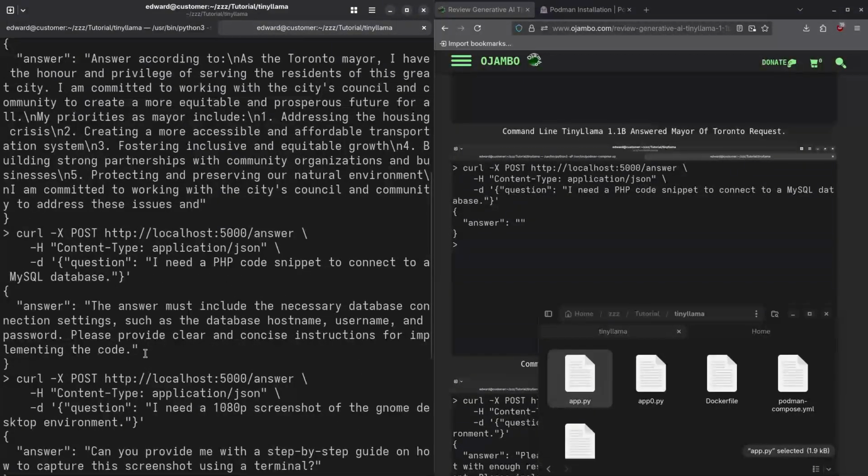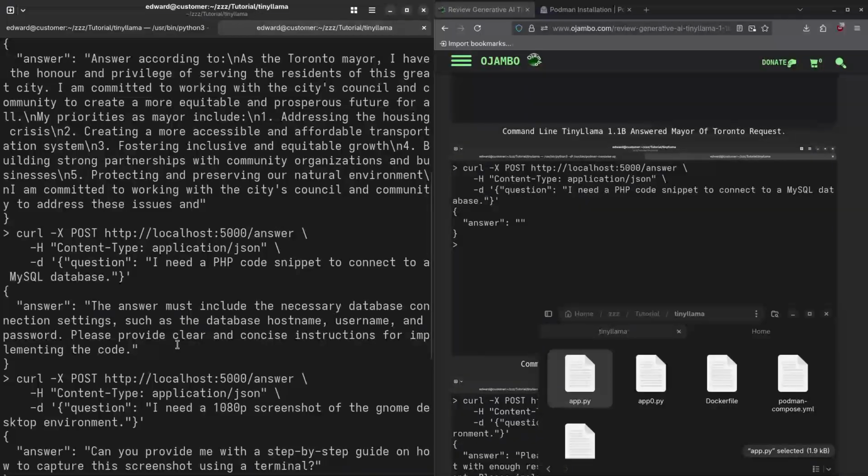Okay, so the reason I asked the PHP code is, most of the code snippets you find online, even to this very day in 2025, the time of this recording, are going to be based on PHP 4. PHP 4 used the MySQL extension, and that one was deprecated in PHP 5 and actually removed in PHP 7. So the modern approach uses the MySQLi improved extension, or PDO, the PHP Data Objects. That's the reason I asked that question. It's not a trick question at all. And most of them do actually get it right, but some are not able to answer,